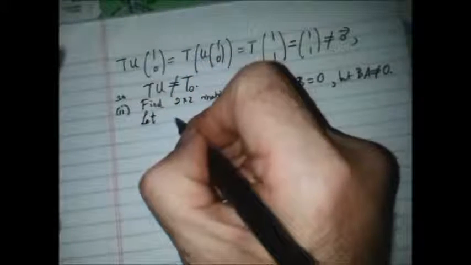In the first part of this problem, we found two transformations U and T so that UT is the zero transformation and TU is not the zero transformation. So the idea is we let A